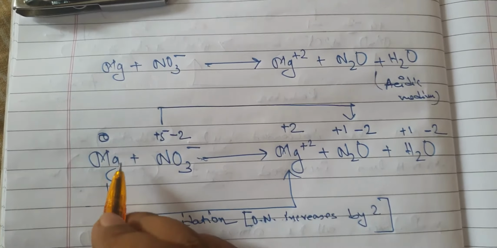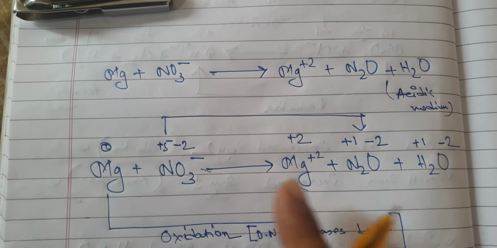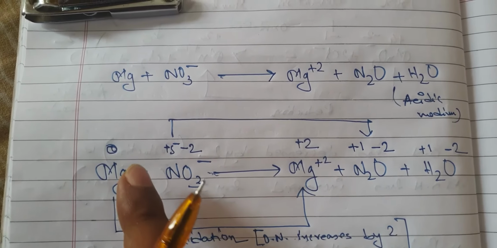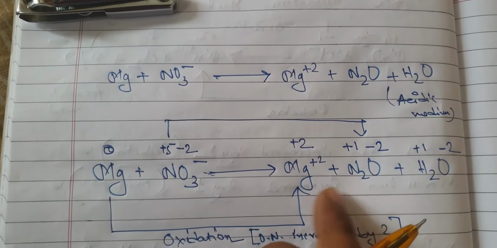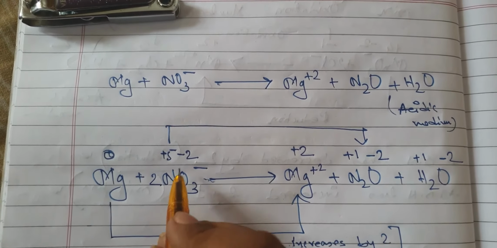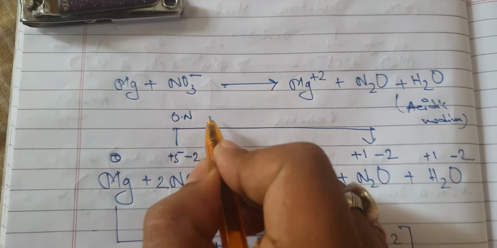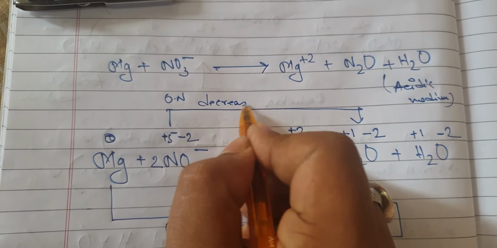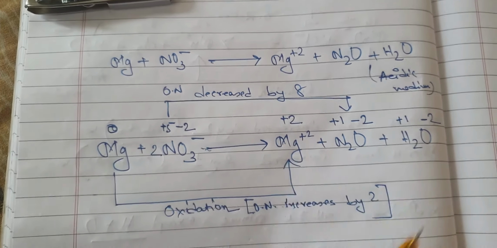Oxidation number decreases by 4, but that is not a correct calculation. Why? Before you do it, you have to balance the number of nitrogen, balance that entity which is getting reduced or oxidized, whatever it is. First you balance it. So now 2N, so N2, so 2. Now you see oxidation number decreases by 4, but for 2 atoms oxidation number decreases by 8. Why do you say so? Because for 2 atoms.